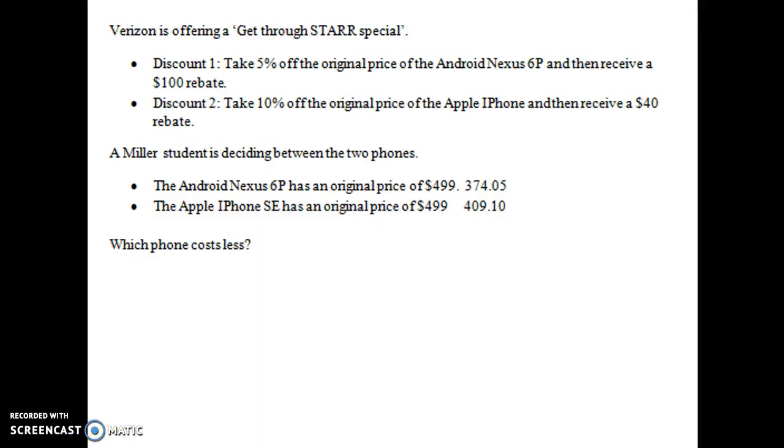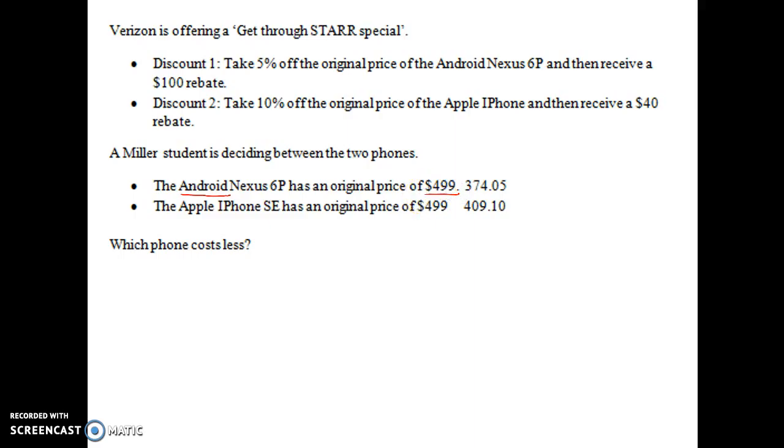Discount 2 is to take 10% off the original price of the Apple iPhone and then receive a $40 rebate. So a Millard student is deciding between the two phones. Either the Android has an original price of $499,